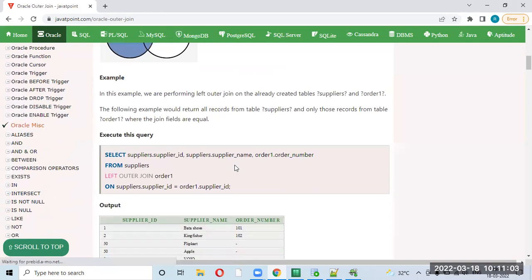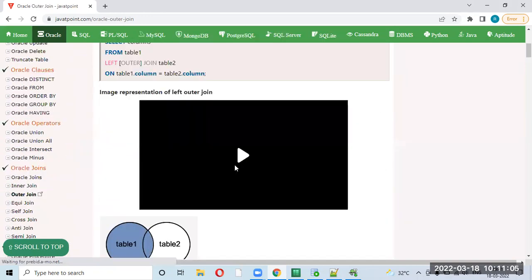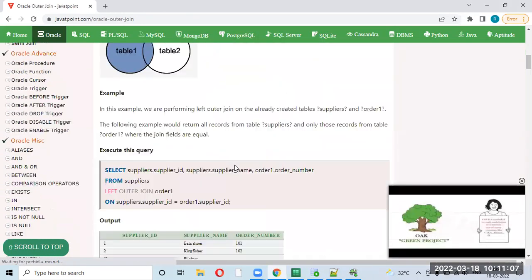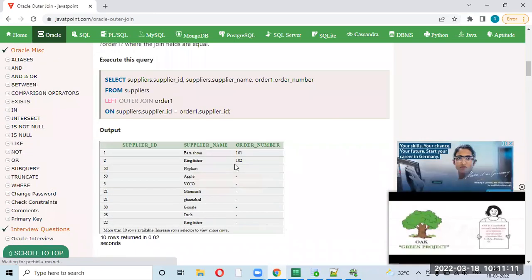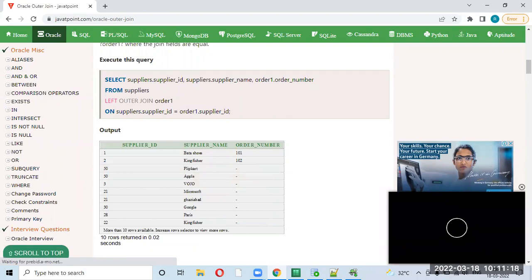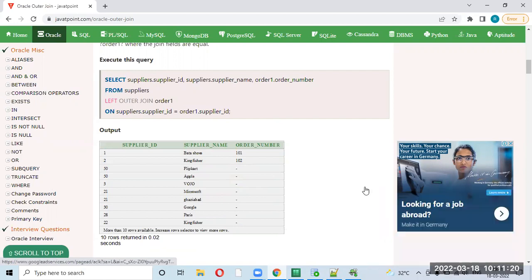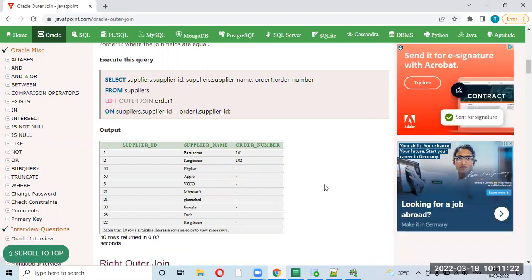Like all the records, whatever is there in table one, you'll get all those records. In table two, whatever the matching records, those only you will be getting. But for example, there will be some unmatched records also, right? Like supplier ID 50.